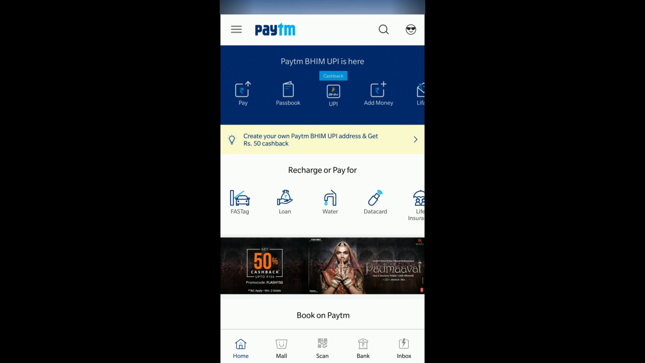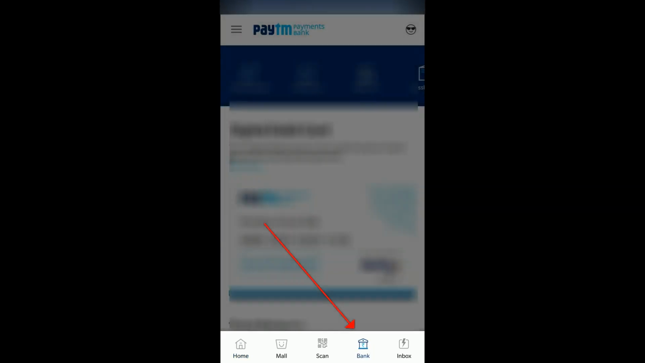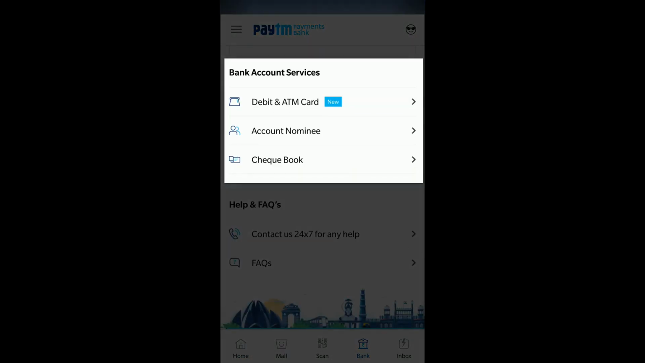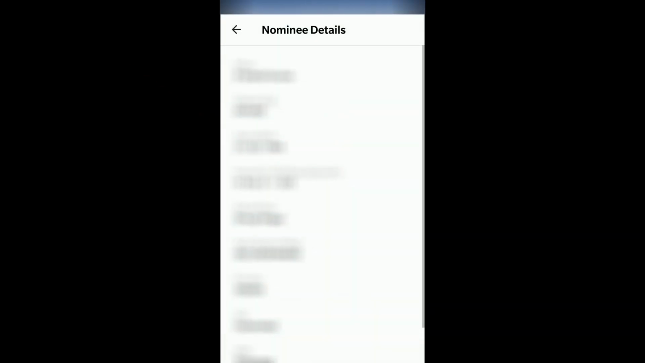Let's get started. Open your Paytm mobile app and click on the bank icon in the bottom menu. After clicking that, your digital debit card comes up. Scroll down to the bottom and you can see a section called Bank Account Services. The second option is Account Nominee. Please click on that, and here you can see I have already added nominee details, so that is coming up. If you haven't added any, then you can add the nominee details here,